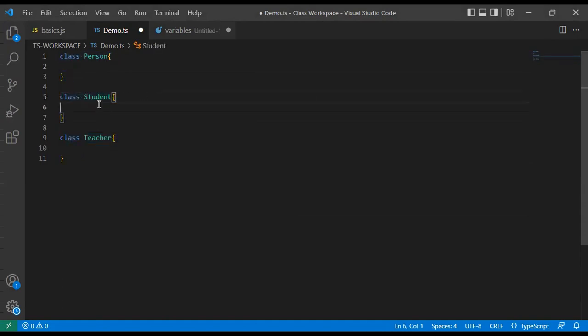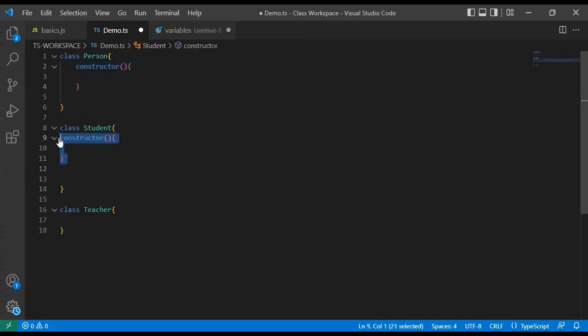But each and every class by default has one constructor. What I said in the previous class, the constructor is only one. For each and every class, the constructor is only one. We can't use more than one constructor in a class. We can use any number of classes, and for each class we use one constructor. So for a single class, it should be a single constructor. Now, what is the relation between these classes which are in a single file? There is no relationship. So if it comes to inheritance,